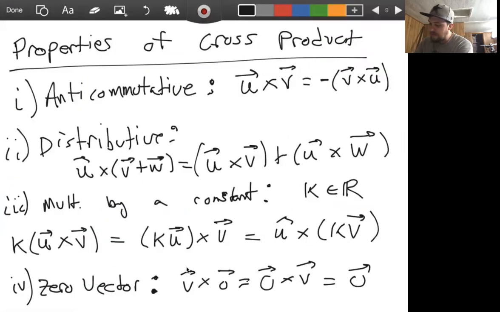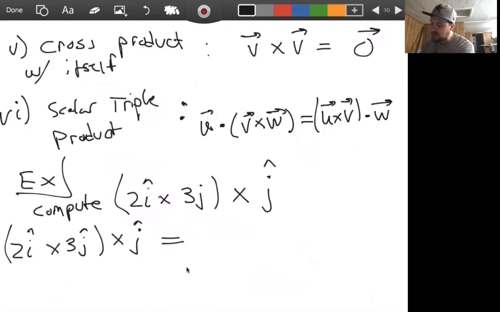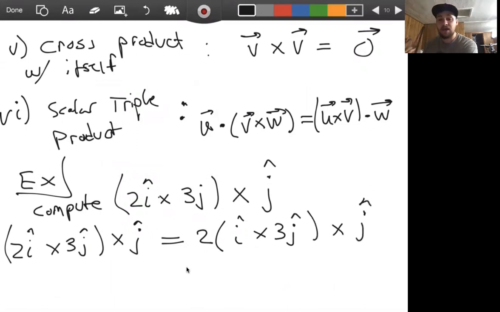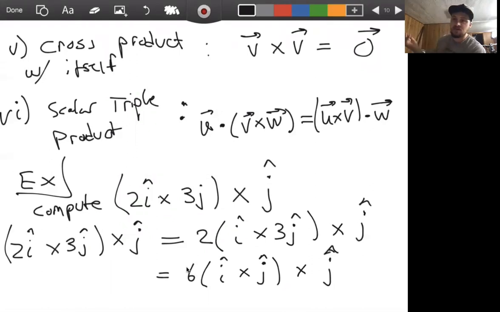So first, I want to simplify our expression by using property 3 here, which says I can pull a constant anywhere I want in the expression and it's still equal. So I can pull the 2 out of this expression, and this expression becomes 2i hat cross 3j hat cross j hat. And I can do the same thing again with the 3. This makes the expression 6i hat cross j hat cross j hat, right? I use property 3 twice here, or like this kind of associativity with a scalar